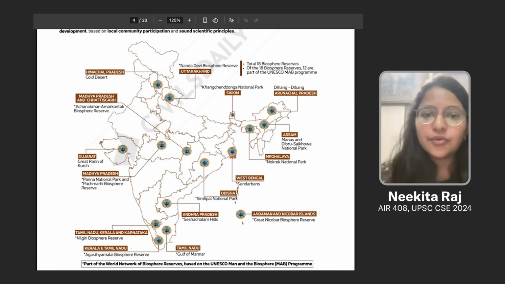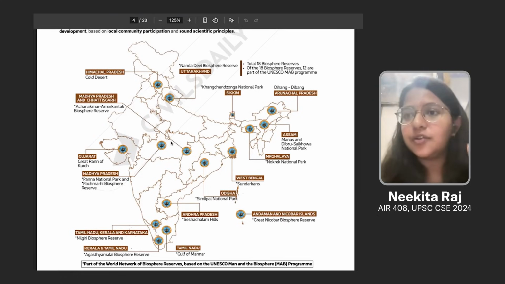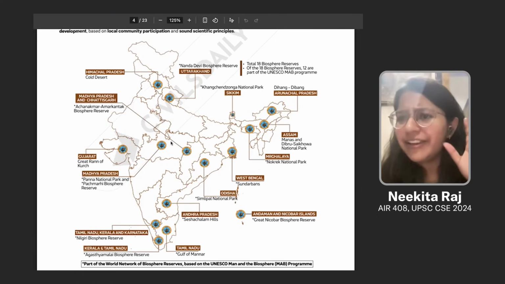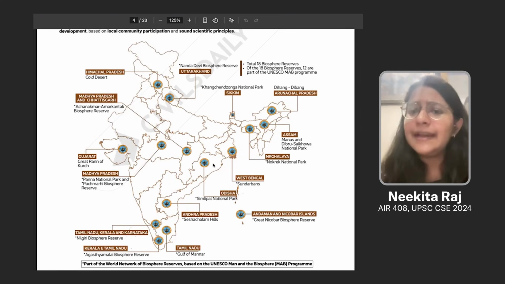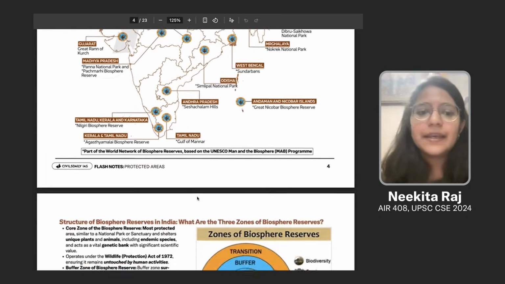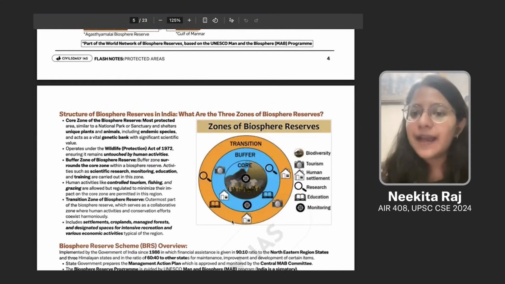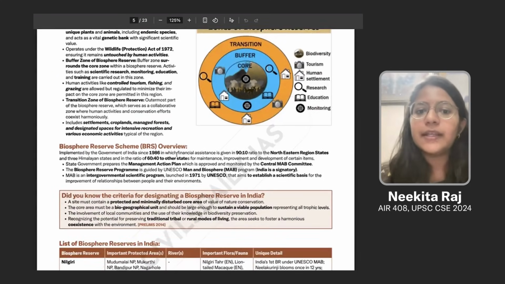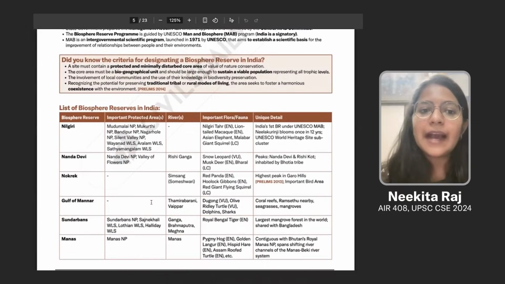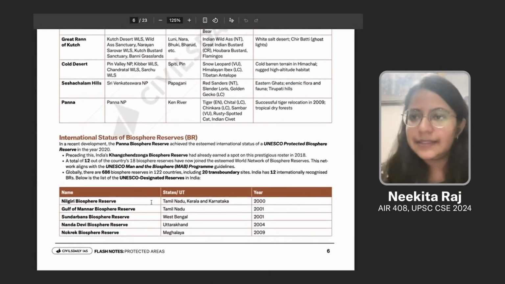तो इस मैप के थ्रू you can see that beautifully यहाँ पे अच्छे से, जिससे आपको ज्योग्राफी भी थोड़ी क्लियर हो जाए दिमाग में, where you can roughly also remember where those biosphere reserves are. You can learn them and keep revising them with your maps. इसके अलावा whatever theory और whatever conceptual clarity आपको biosphere reserve से related चाहिए has been mentioned here. चाहे वो structure को लेके हो, चाहे उनकी एक overview हो, या पूरी एक लिस्ट हो जो बायोस्फीयर रिजर्व्स हमारे इंडिया में exist करती हैं.